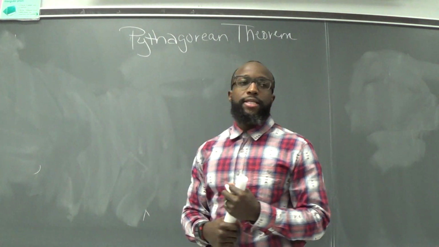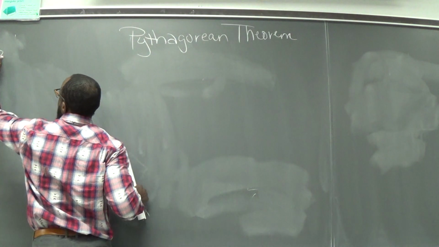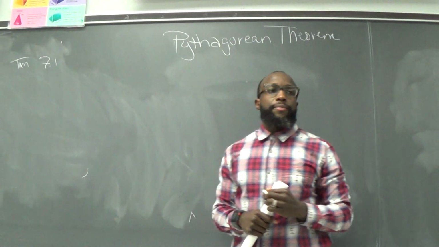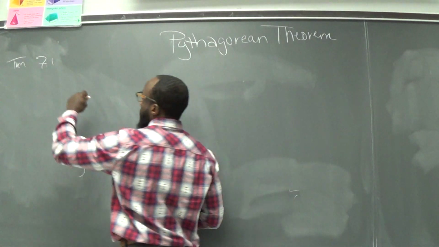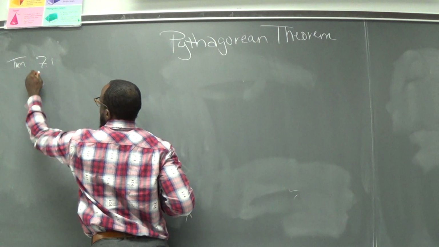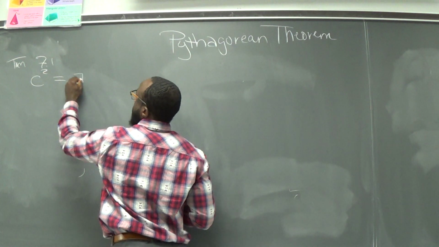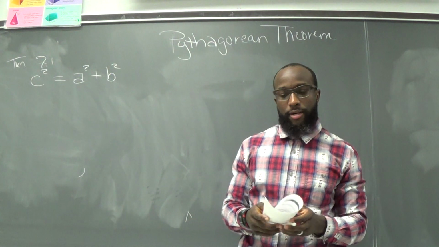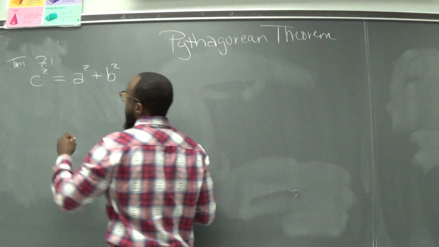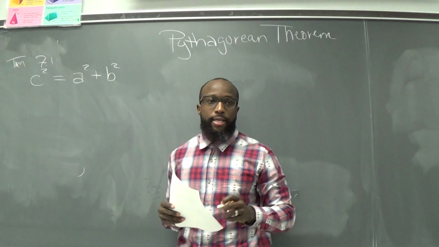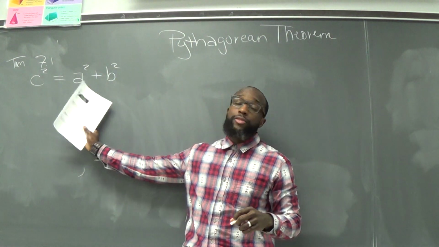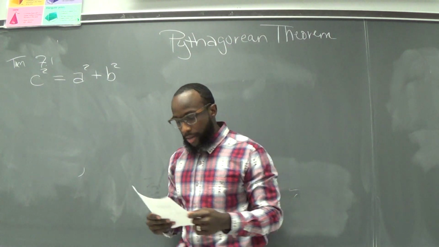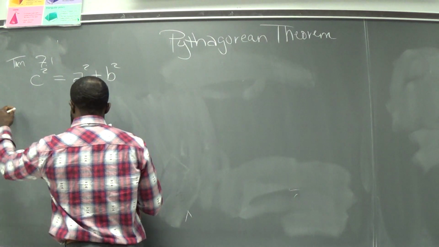The Pythagorean Theorem, we'll call this theorem 7.1, reads: the longest side squared equals the two legs squared, of a right triangle. So if the longest side squared equals the two legs squared, then you have a right triangle. This is the way it reads, like the square